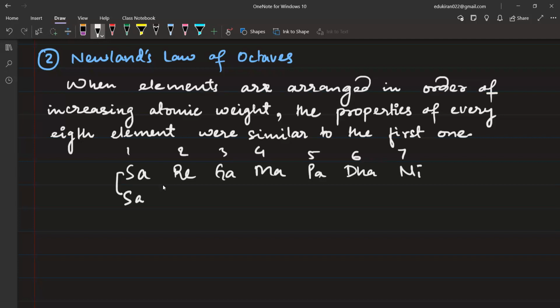When you join things, music is kind of very natural in every society. Now obviously Newland did not have Sa re ga ma pa dha ni. I think Western music has some different notes, but those things are very similar to the Indian notes. Anyone knows what Western notes are? Do, re, mi, fa, sol, la, ti. But those are similar, right? Sa re ga ma pa dha ni is for Indian music, so I remember this Indian one. That's why I said Sa re ga ma pa dha ni.